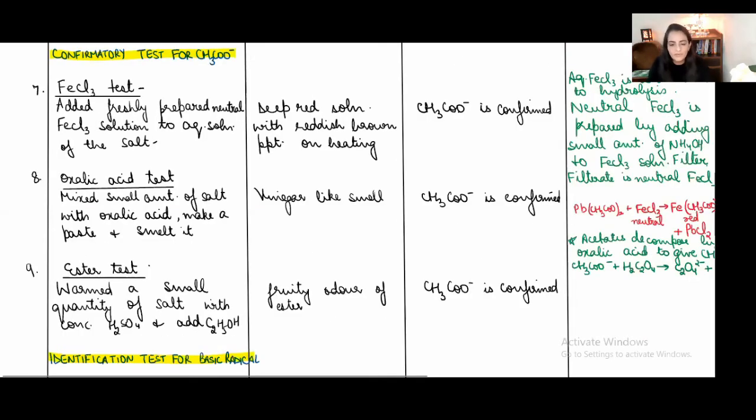Now, after the initial test, we're going to do a confirmatory test for acetate ion. And for confirmatory tests, we'll be doing the neutral ferric chloride test. I'll be showing these tests in the video that follows. Neutral ferric chloride test, oxalic acid test, and we can also do the ester test. So you're going to write three. You can just write any two confirmatory tests with the observations, and then the acetate ion is confirmed. Clear? And then we move on to